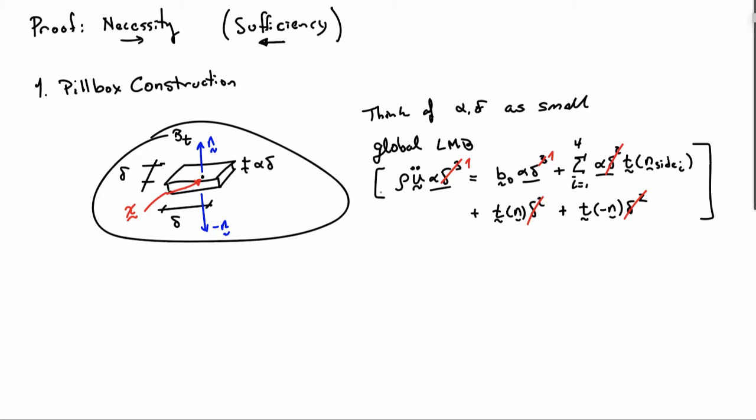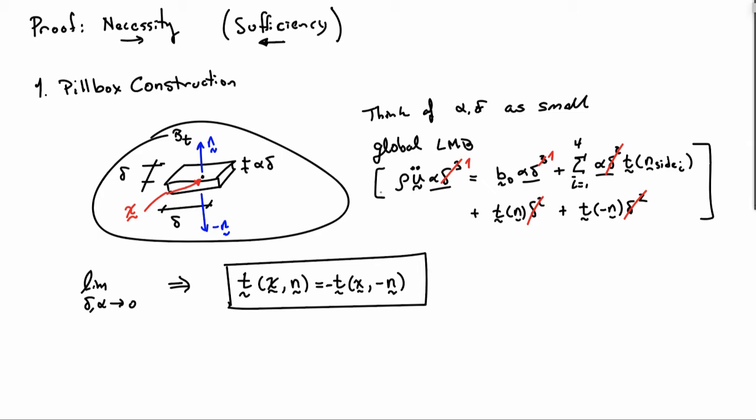What I can do now is divide through by delta squared, so all the delta squared terms go away and the delta cubes turn into deltas. And now I can pass to the limit as delta and alpha go to 0. And if I do that, all the terms disappear except for the last 2 terms on the right-hand side there. So everything goes away except for these 2 terms, and they generate this result here,